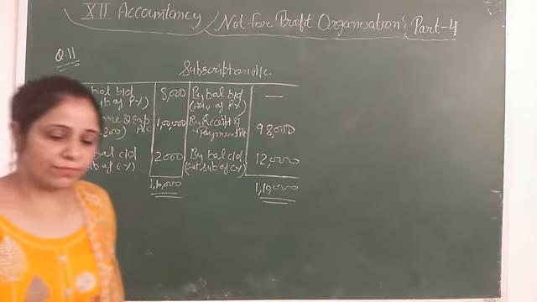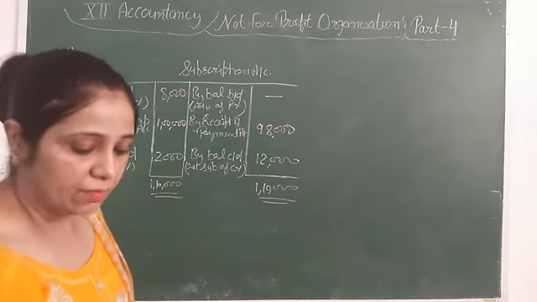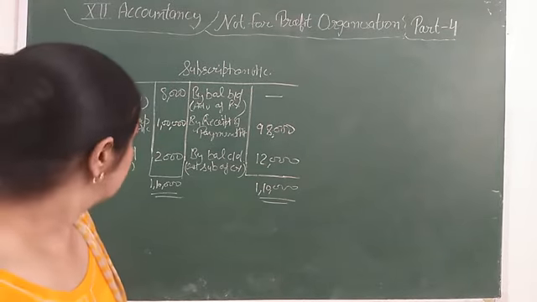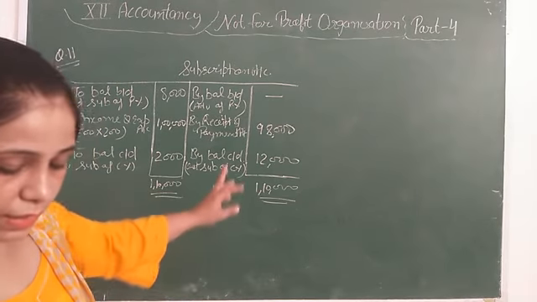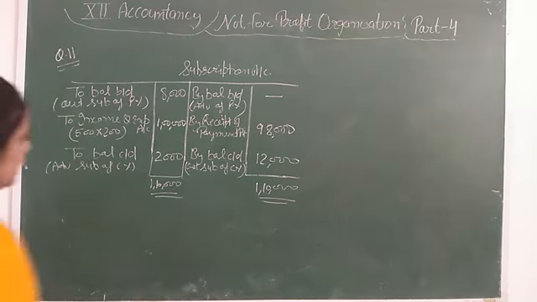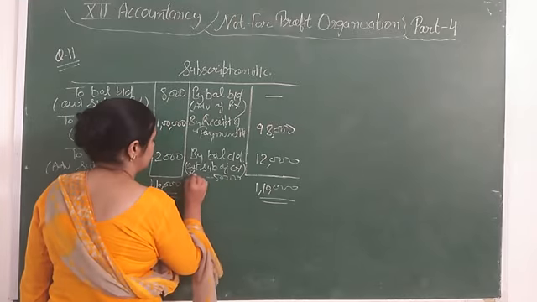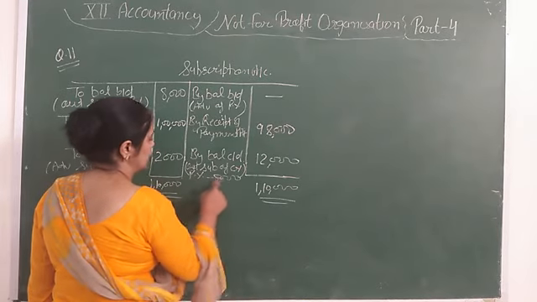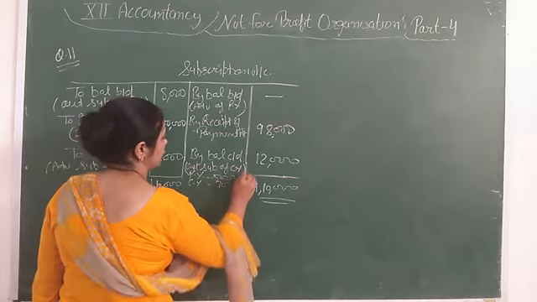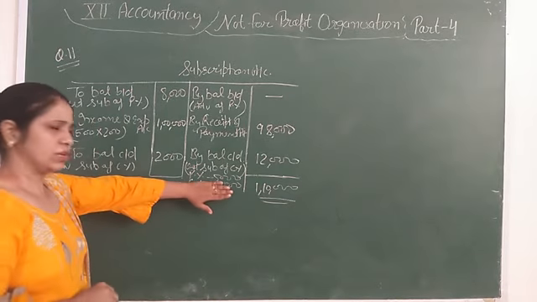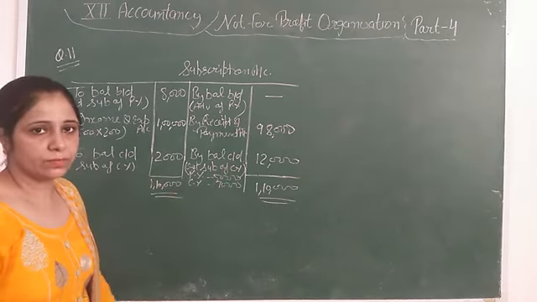That is, when in the previous year outstanding subscription was 8,000 and we received 3,000 of the previous year, 5,000 is already included in the outstanding subscription of the previous year. So in 12,000, 5,000 is of the previous year and 7,000 of the current year. You can write that here. If you do not write, it doesn't matter. It will be okay.